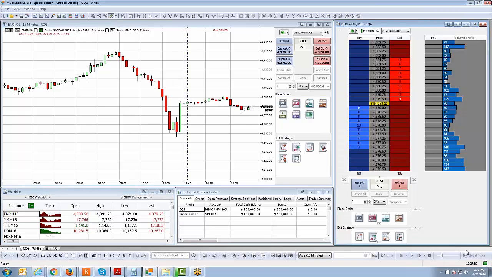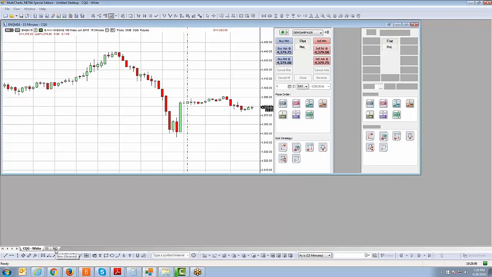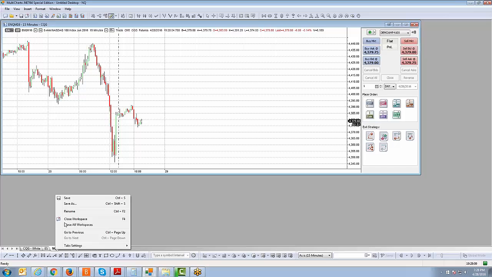And then the most important thing is you want to make sure you save those workspaces. So once you create your workspace and you have everything laid out exactly the way that you would like, then just simply right-click on the specific workspace. And you can go ahead and click Save As or Save. If you just save it, that's just going to save it internally within the platform. However, if you click Save As, this is going to allow you to save the workspace onto your hard drive,